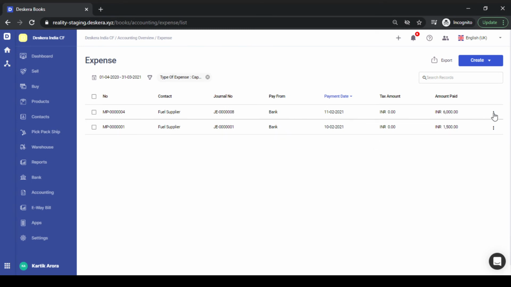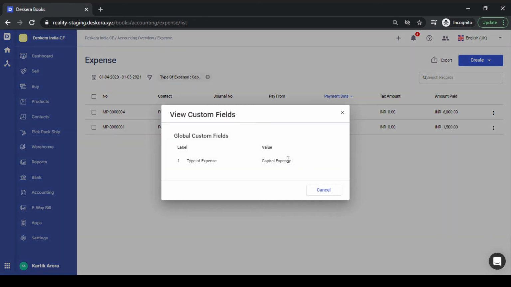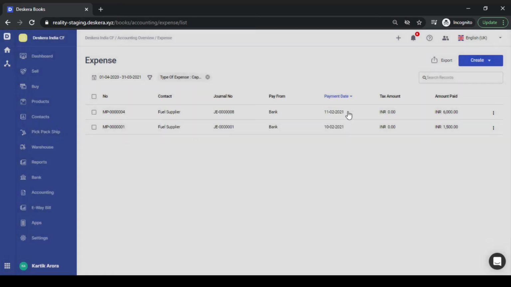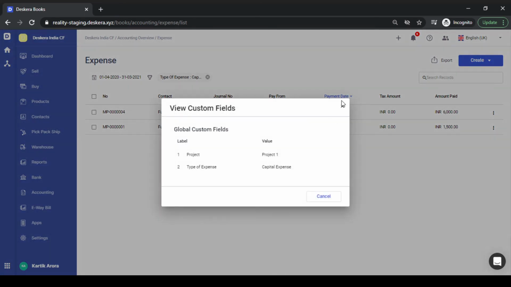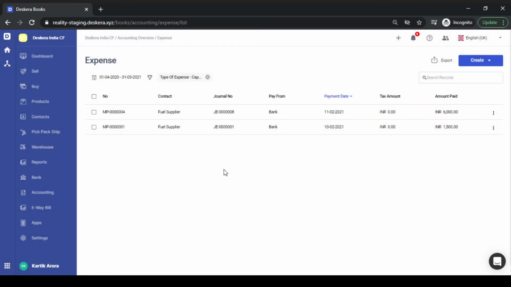How do I confirm that? So we have another option, view custom fields for any transaction. You can see the type of expense is capital expense, and the same in this case. Right. While this would be useful in filtering the expense screen, let's see how we can apply the same